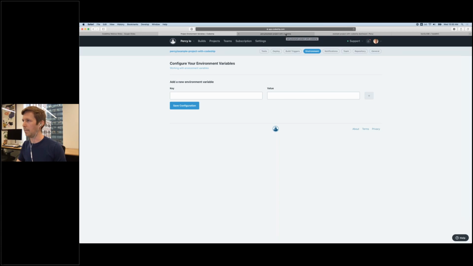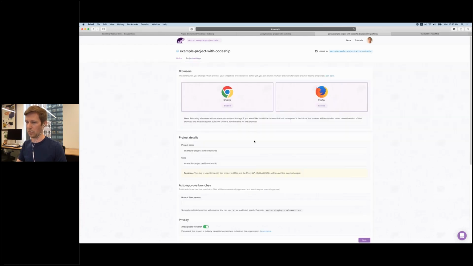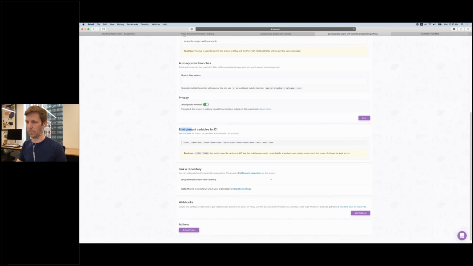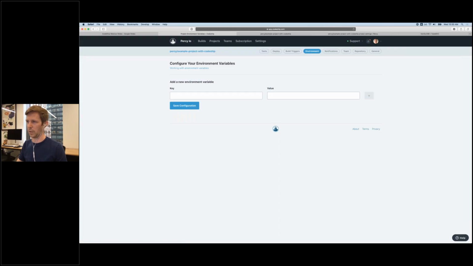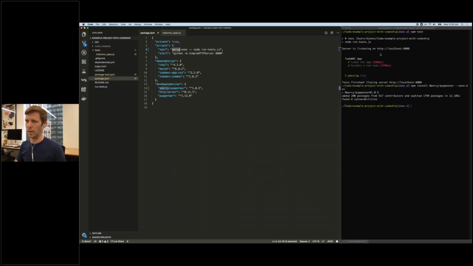And so I have this project set up over here in Percy. And if we go to the project settings and scroll down a little bit, there's this environment variables for CI. So I'm just going to go ahead and copy that, and we'll drop it directly into here and set this up. Cool. So that's set up. Going back to our code,